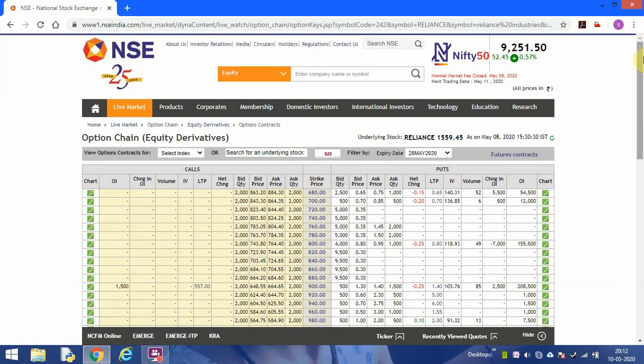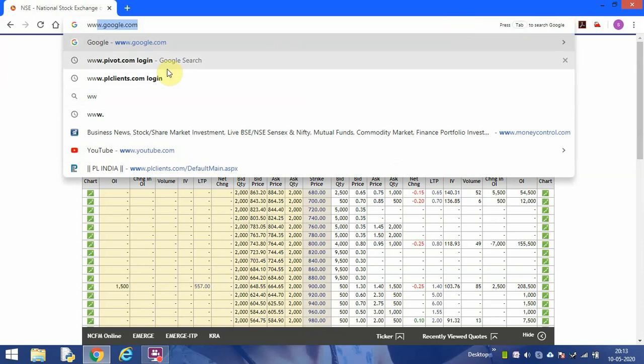And I will advise you, just maintain an Excel sheet at least for index Nifty and Bank Nifty. So if there is a change in open interest, then you can see the difference. That will be helping you, and you can analyze it. So these open interests you can use to help find support and resistances.